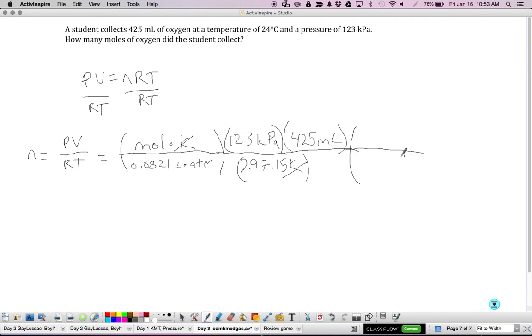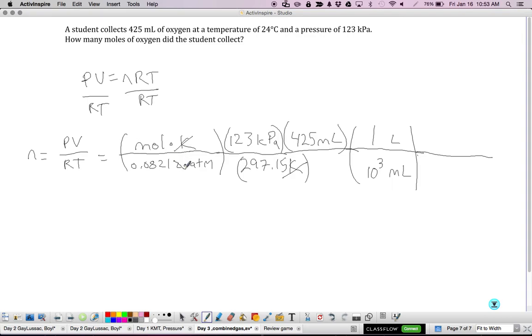So let's do the volume first. I need liters and milliliters. I need to convert this milliliters to liters, so it'll cancel with this liters. So 10 to the 3 milliliters in 1 liter. And then